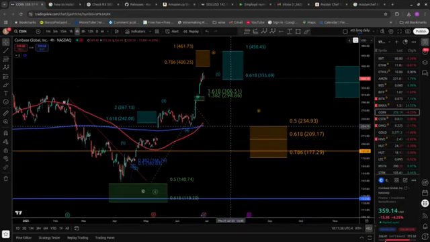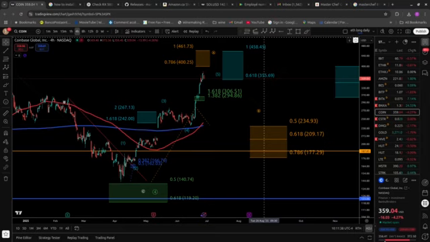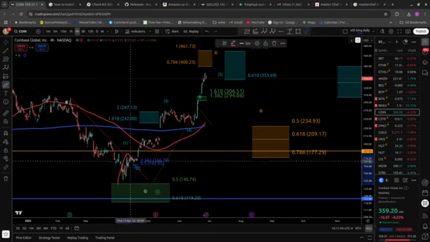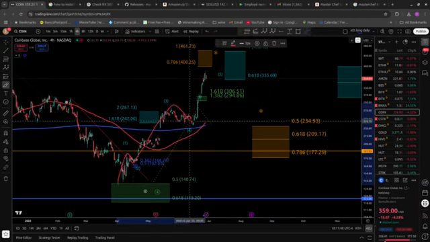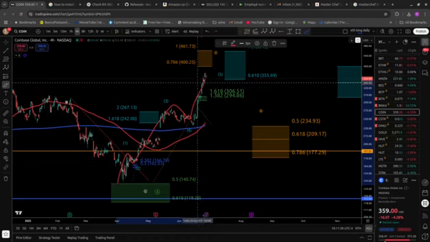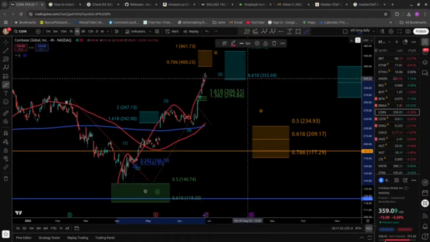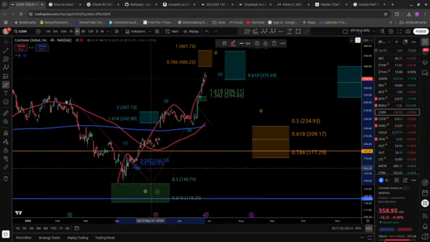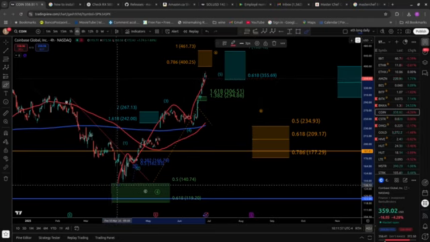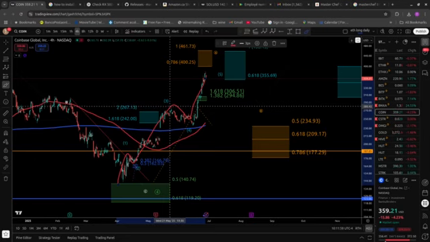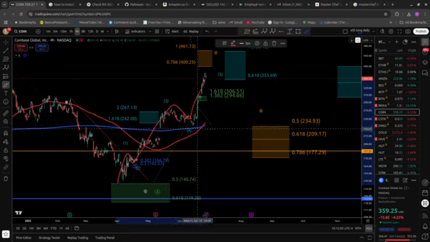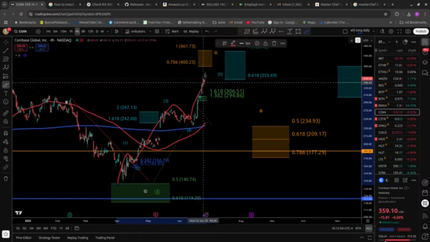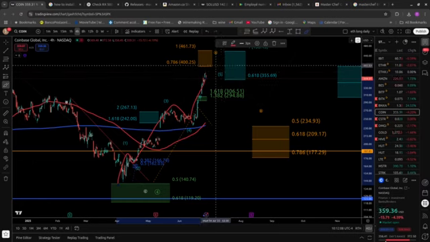Now I do have two scenarios, but the outcome doesn't change much. So 1, 2, this was the third, this is the fourth and the fifth. If I do that, we did reach the 0.618 fib extension when I combine from the beginning of the wave 1 through the end of the third wave to the end of the fourth wave. This is the limits, actually the targets, and we did reach the first one. We can go even higher.